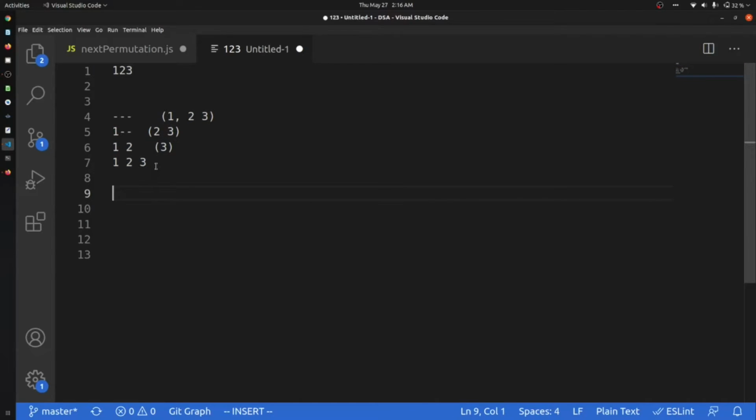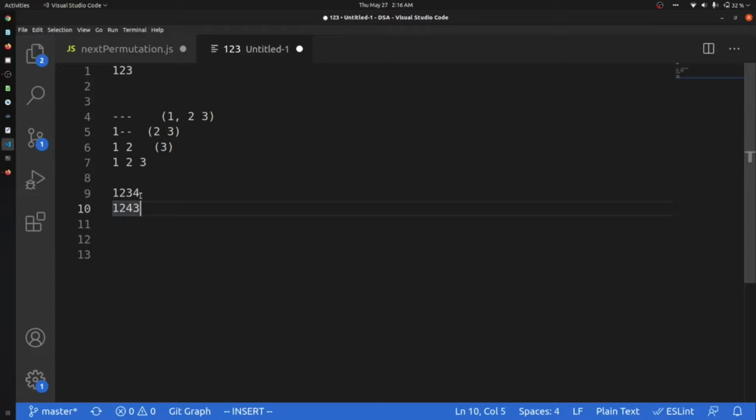So I'm going to focus on the basics. Let's say that we have the number 1, 2, 3, 4, and I have to find the next permutation. The next permutation will be 1, 2, 4, 3.